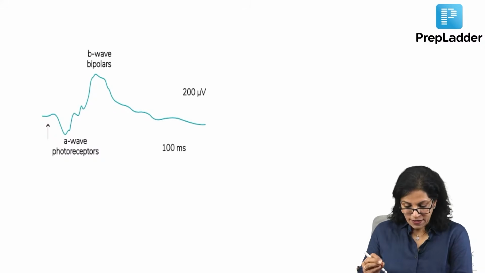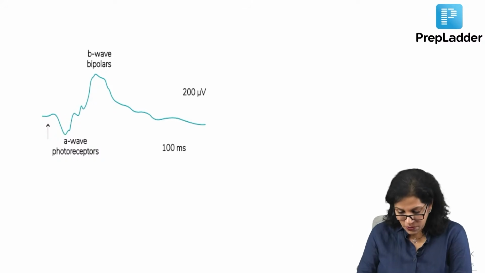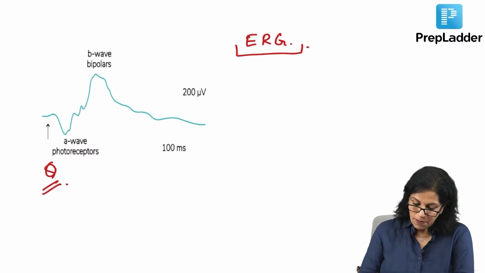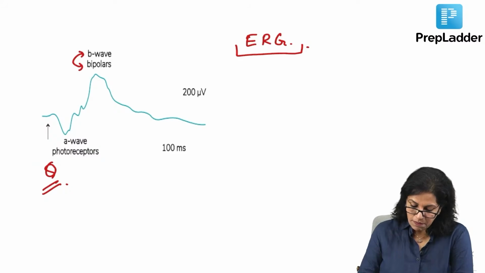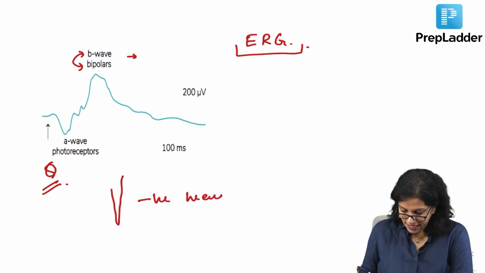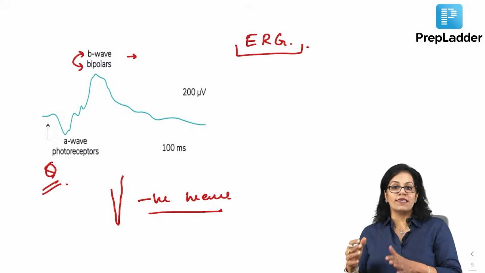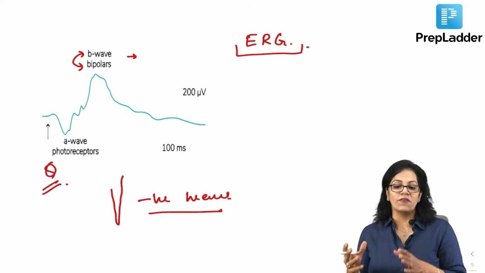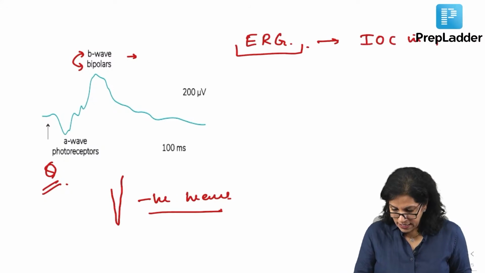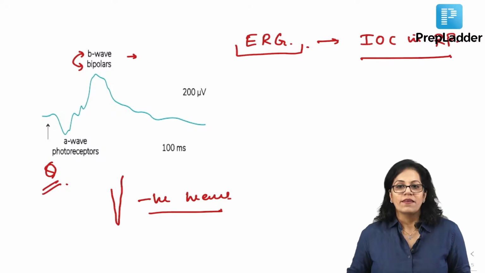Now, coming to the investigations they have asked you. What you are looking at is the electroretinogram. Everyone, let us revise ERG. What have we learned together? There is an A wave. The A wave corresponds to photoreceptors, an exam question. The B wave, B for B, easy to learn, bipolar cells, right? Always remember there is another question: the A wave is a negative wave. What is the investigation of choice in retinitis pigmentosa, which is mainly a dystrophy of rods and cones? We answer ERG.